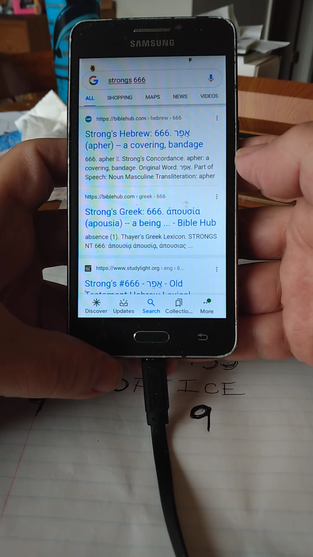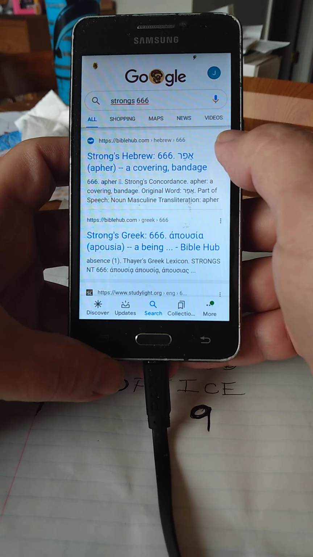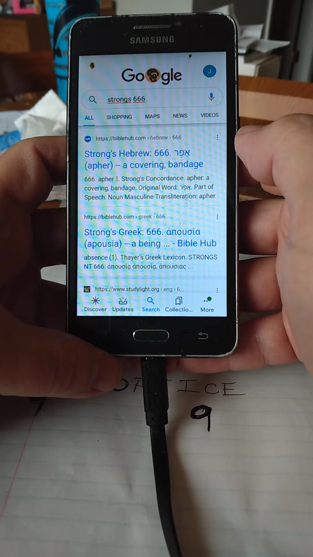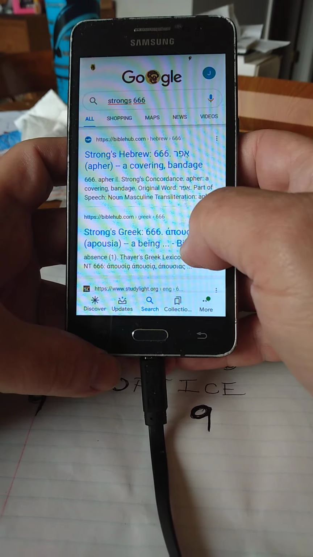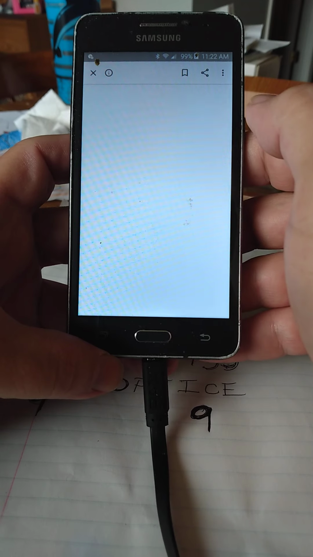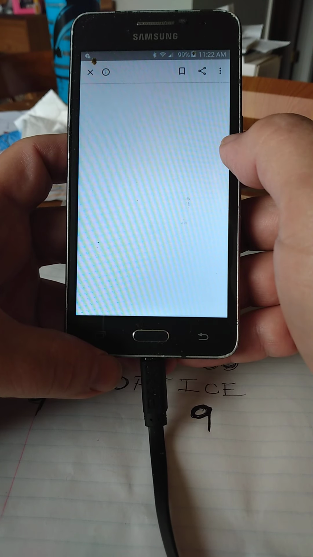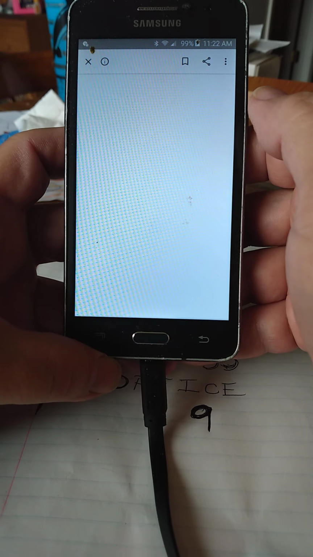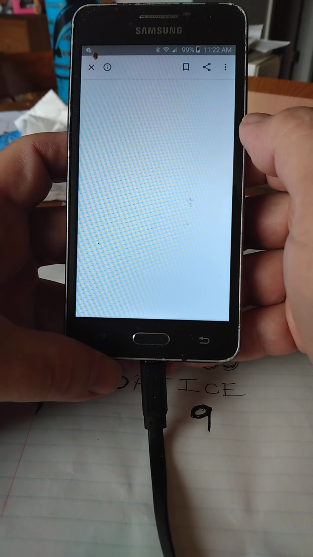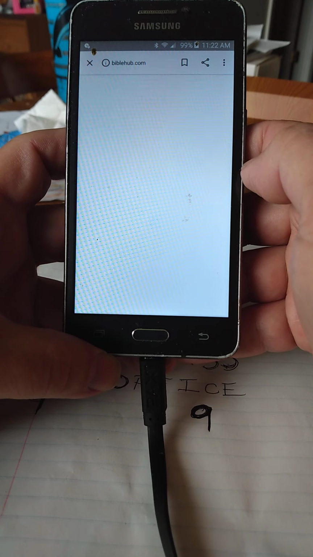If my phone, let's see, Hebrew: a covering, a bandage. That's funny. And let's see, a being. But you can't just go with that, because a lot of people will. They'll just go, oh, but you really do got to look deeper into these words and the meanings and the scriptures. And my phone's acting up, so we probably won't get to see it.